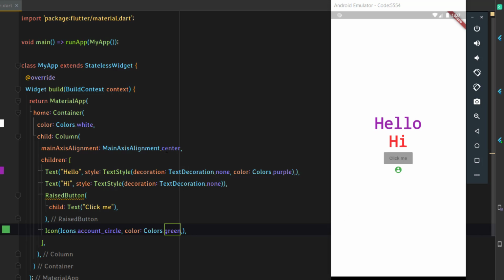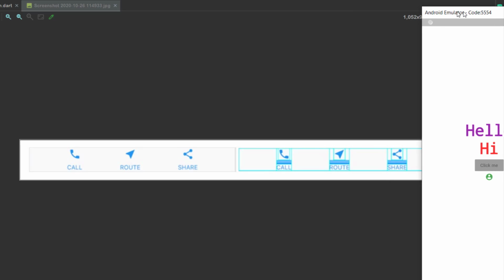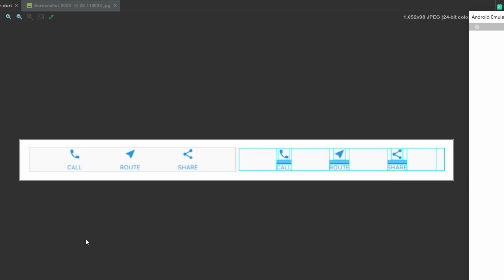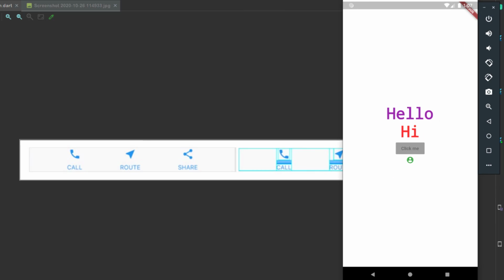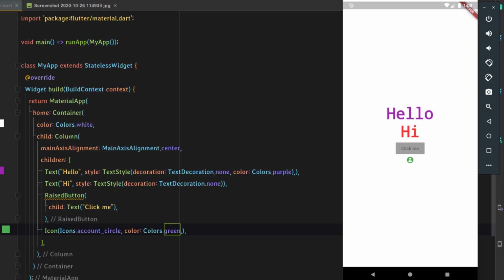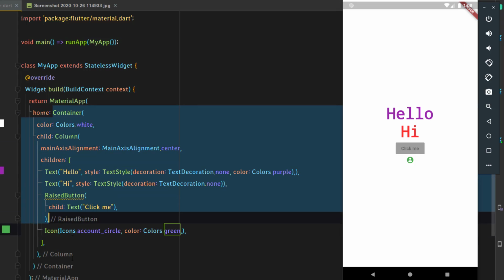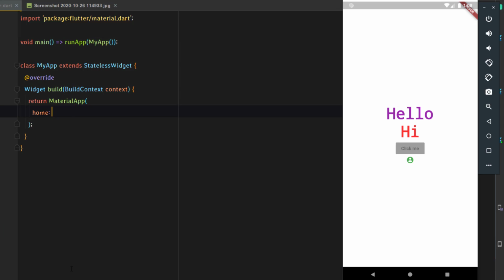And if you remember, while we were learning about what is a widget, we had an image which we had taken for the anatomy also, where we had something like this. Now let's try to design this in our app. We'll just remove everything and make this here. So what we can do is just remove everything from container, and we can maybe add a scaffold itself so that we get an app bar.